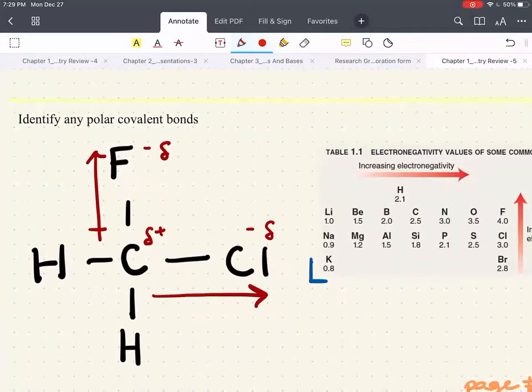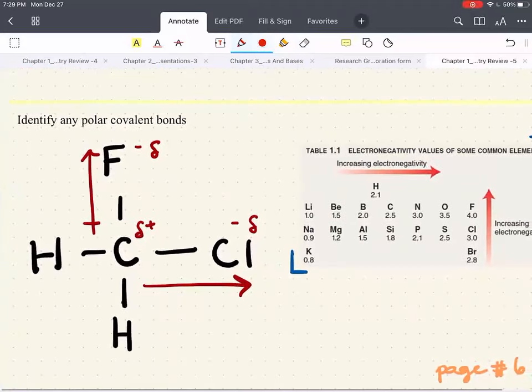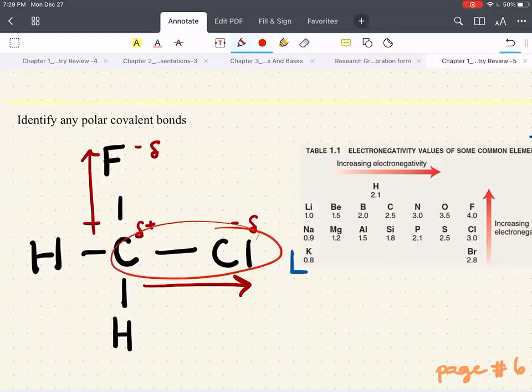Identify any polar covalent bonds. All right, cool. Let's do that. Let's go through each one of these bonds and find the electronegativity differences between them and categorize them. All right, we'll start here. Carbon and chlorine. Carbon is 2.5, chlorine is 3. 3 minus 2.5 equals